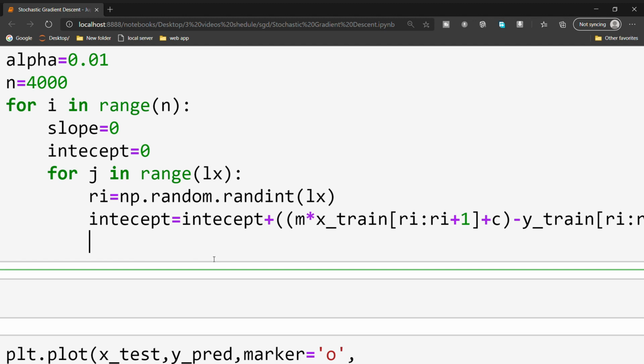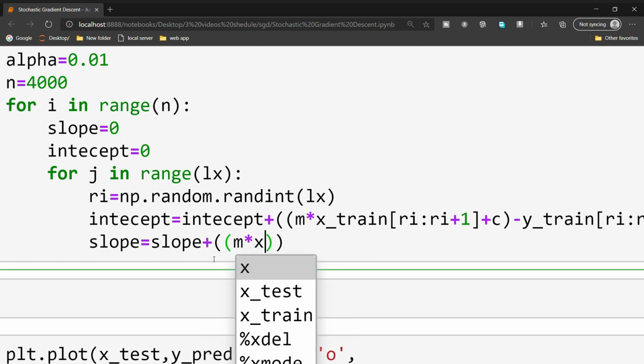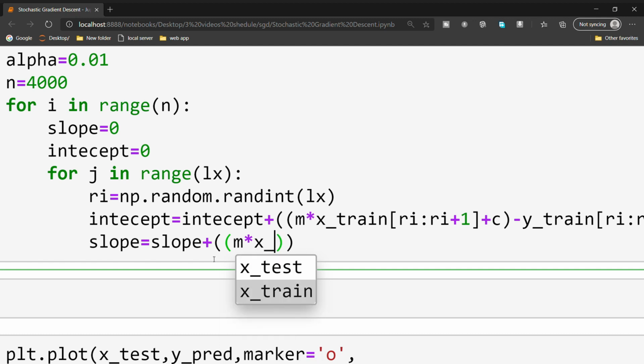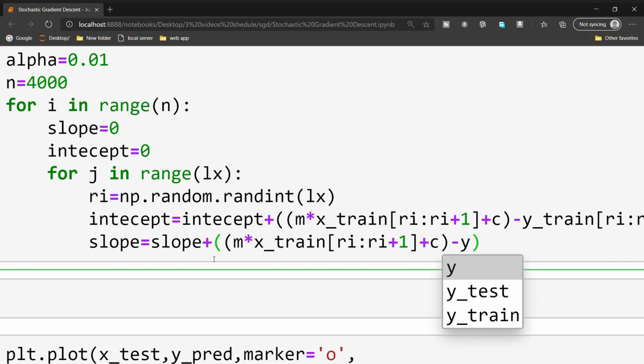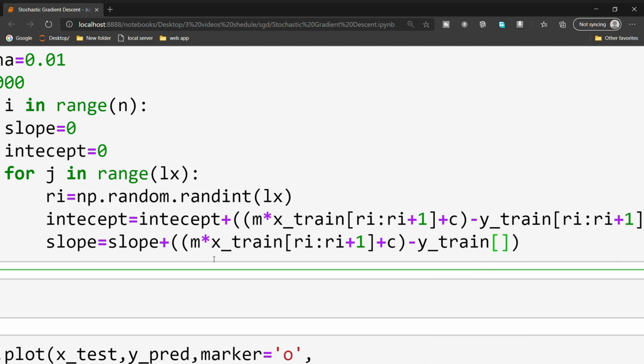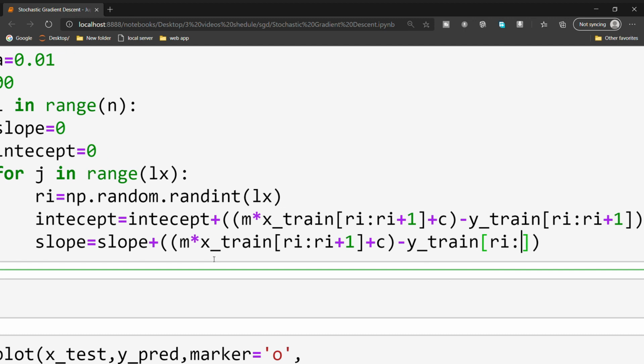Next we need to calculate the slope. Slope equal to slope plus m into x train of ri to ri plus 1 plus c, minus y train of ri to ri plus 1.